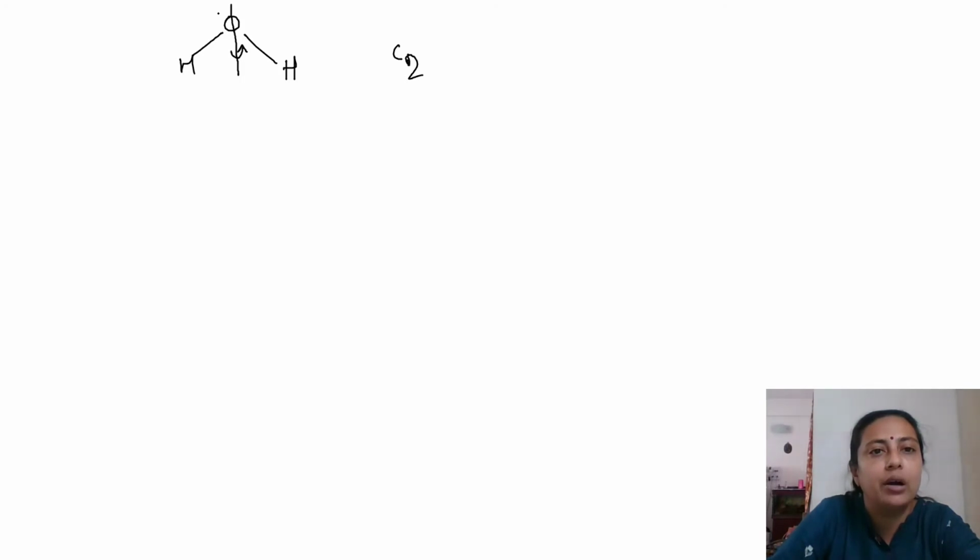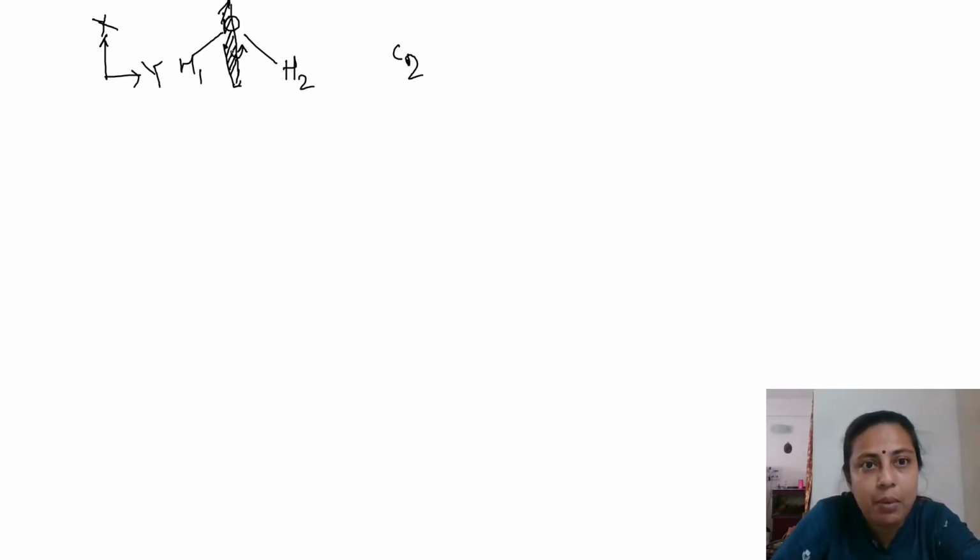Now if you look here, there is a plane of symmetry through the oxygen. Now if the molecular plane is XY, so there is an XZ plane. Through the plane, if we take a mirror image, this hydrogen will go to this hydrogen and this hydrogen will come to this hydrogen to give me an identical structure. So I can have one sigma V. Why is it sigma V?